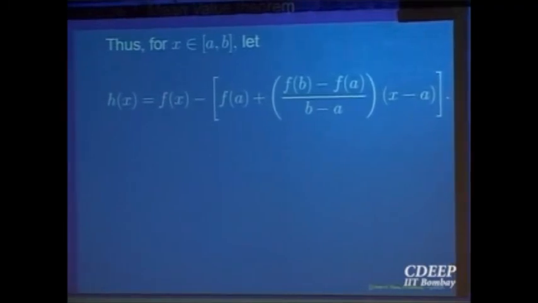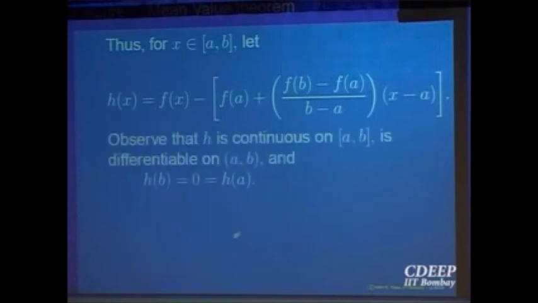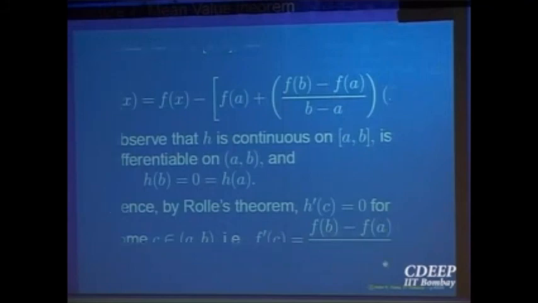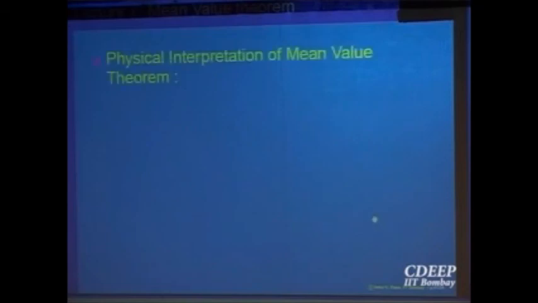Geometrically we have seen the idea. So now just verify that the conditions of Rolle's theorem are true, and hence the derivative must be equal to 0 at some point. H prime of c is f prime of c minus the slope, and that gives the result. So that is the proof, and it is just a generalization of Rolle's theorem, because if f of a is equal to f of b, that gives you f prime of c equal to 0. So you can see it is a generalization of that theorem.